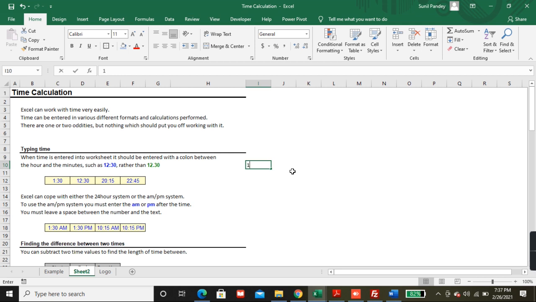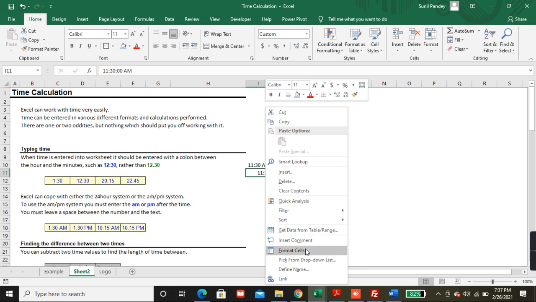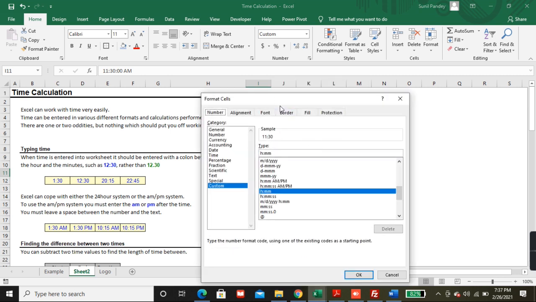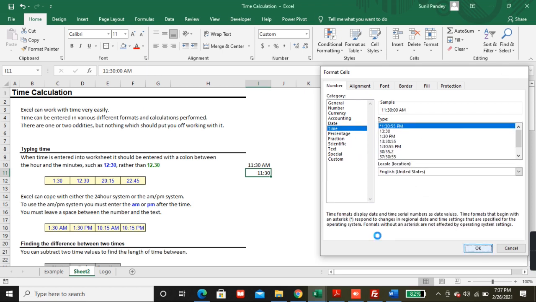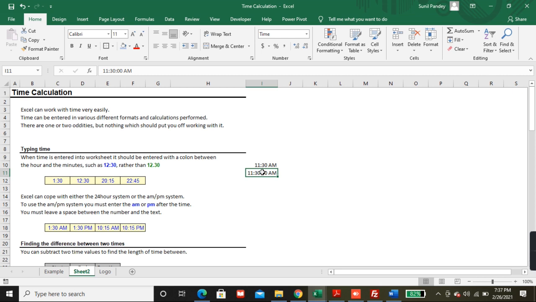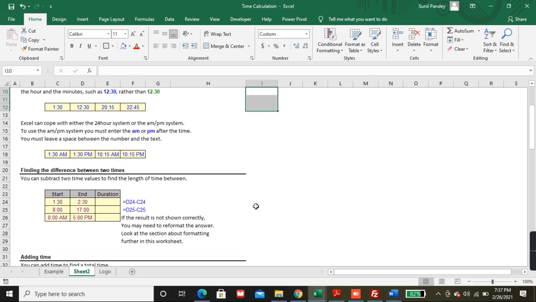So you can type like this and go to Format Cells, and from here you can select the time format like this. This is the time format.